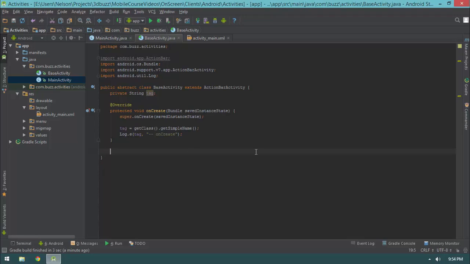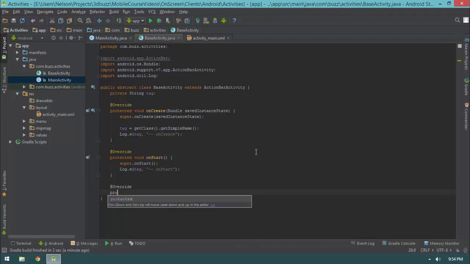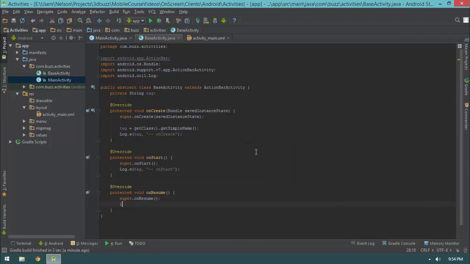So let's go ahead and do some stuff. After we do the onCreate, there's another callback, and it's going to be protected. It's going to be onStart. Now remember, always call through to the base class. You'll get an error otherwise. So I'm going to say Log.e(tag, "onStart"). onStart gets invoked after onCreate in all circumstances. Next up, we have onResume. Now, onResume is interesting because this method is going to be invoked